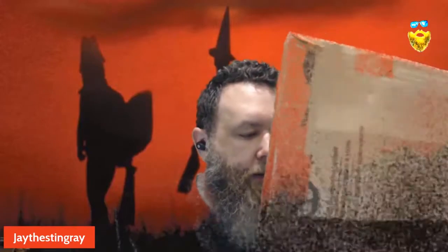This is a package I found when I was moving some stuff around in my room up here, and it's from 2015, so from September of 2015. So I figured we'll open this up and see what it is, because I'm getting close to getting my posters organized, so look forward to a video of that. I think this may be a poster. I'm not 100% sure, but